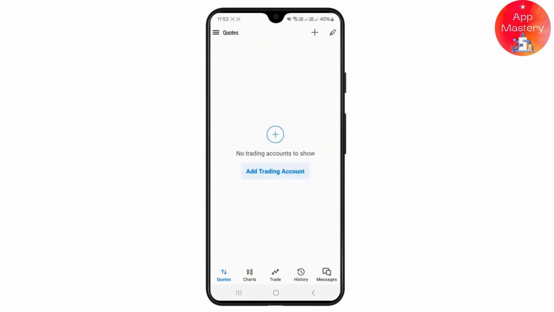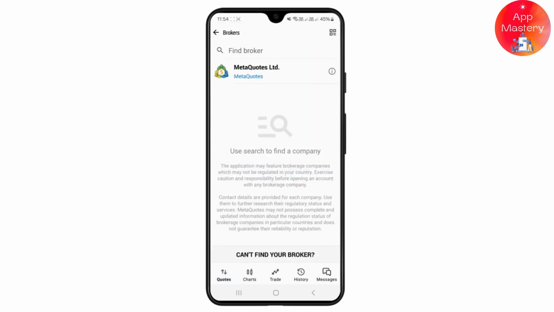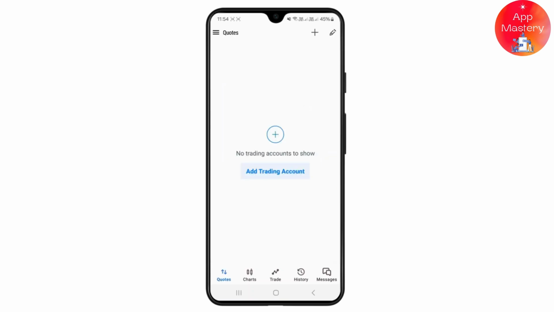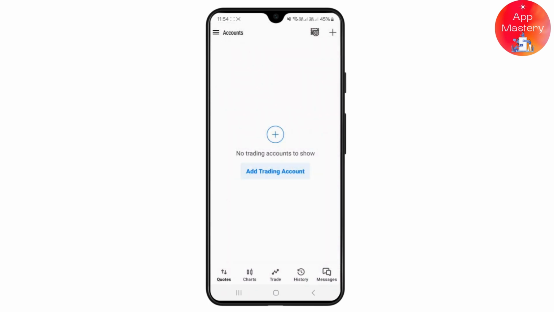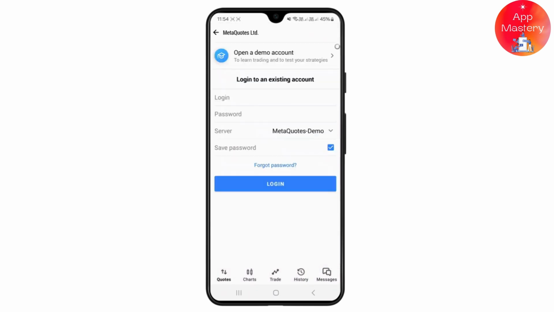So now to simply create a new account, you just tap on this option called add a trading account, and from over here you should see your broker if you have an official account. So since we are creating a demo account, what we need to do is just click on this hamburger icon at the top left corner and simply click on this get started button, and now just select this MetaCourse Limited,